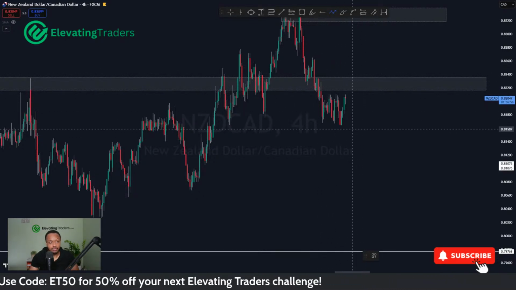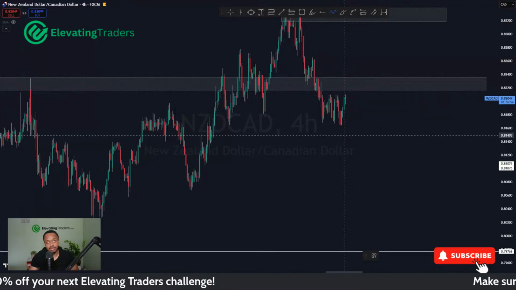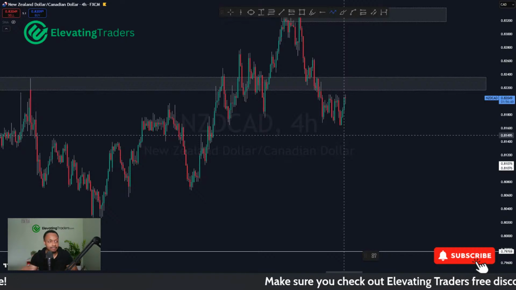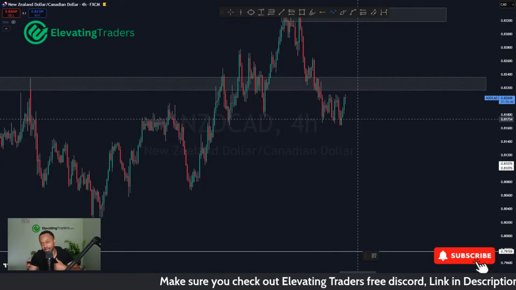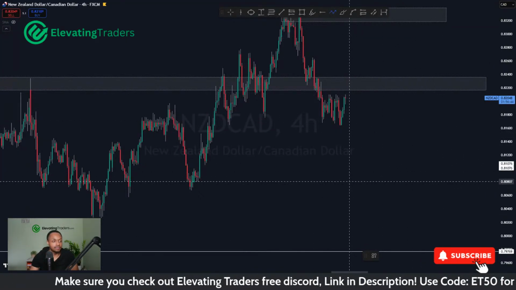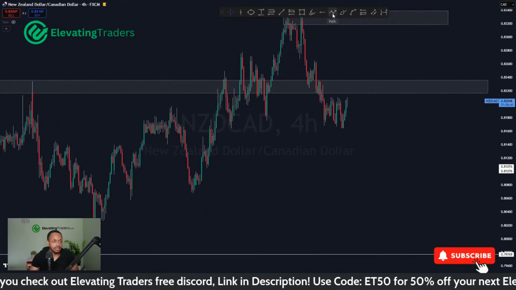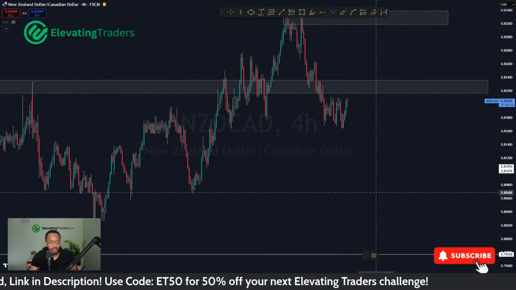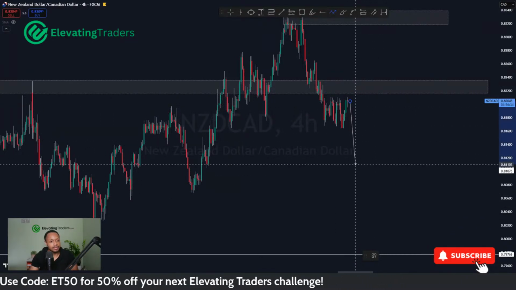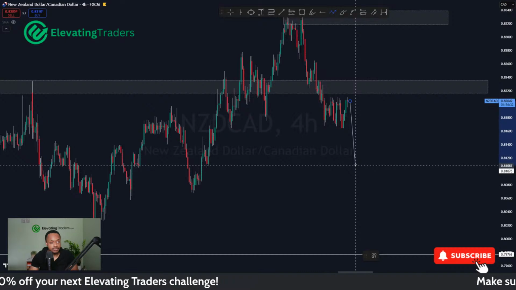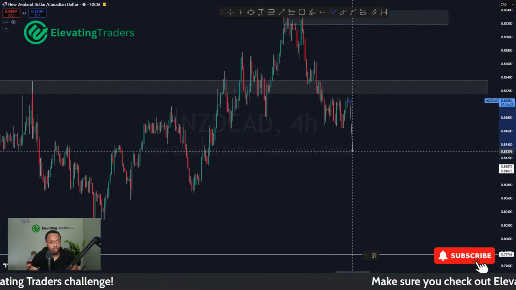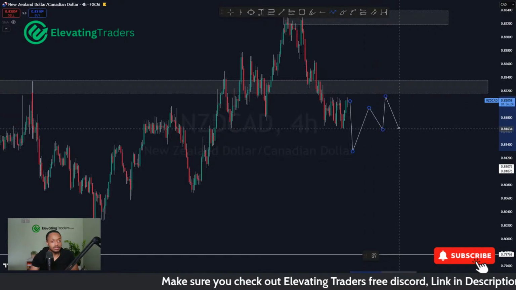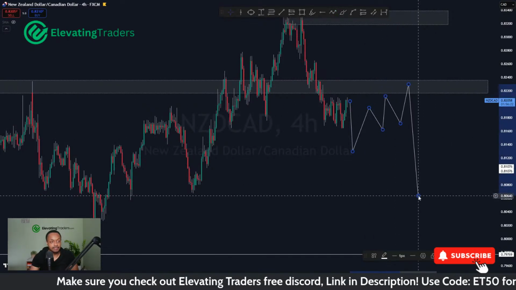Distance is pretty important. Of course, distance will depend on the context of the market and the time frames as well, so it's not like a certain pip value which I'll look to, but we haven't cleared it by enough distance. Essentially, the breakout hasn't given me enough confidence that we're likely to retest and continue. So I'm kind of hoping for NZD-CAD to have another drop. Doesn't have to be as big as that, but just more momentum, clear the level by a bigger distance, and that will increase the chances of a likely retest and a continuation.